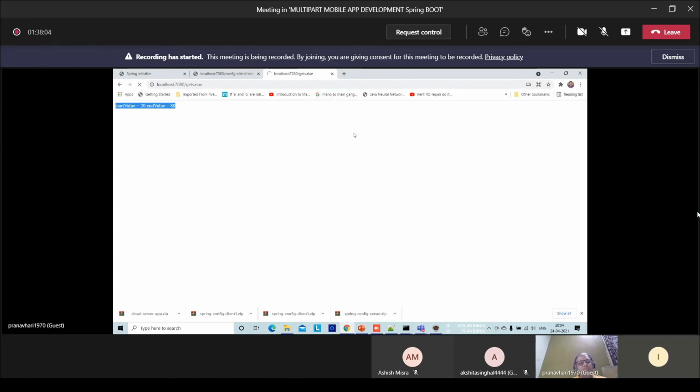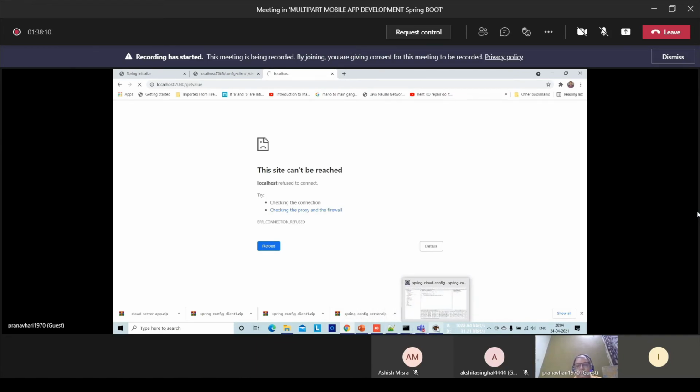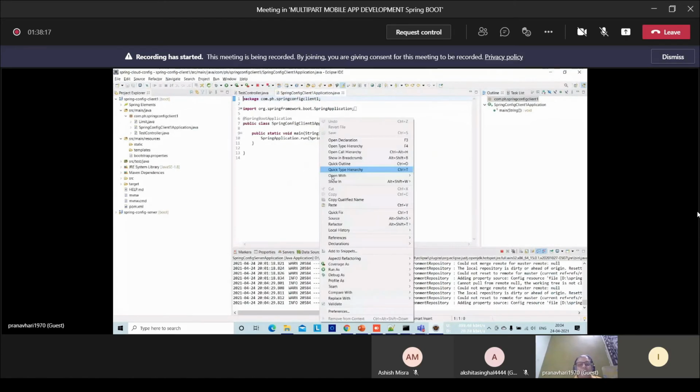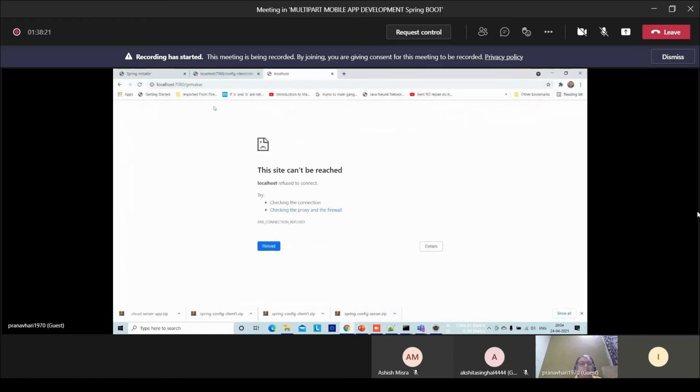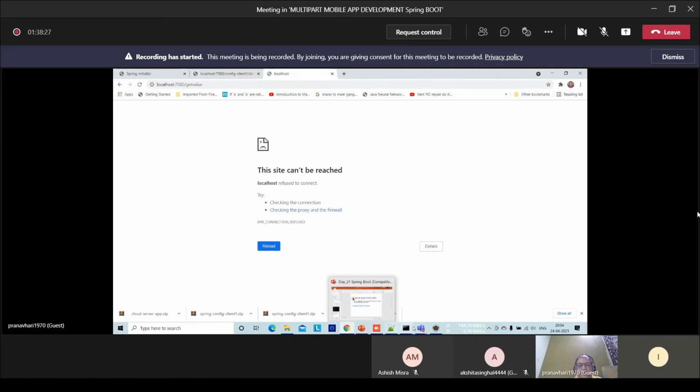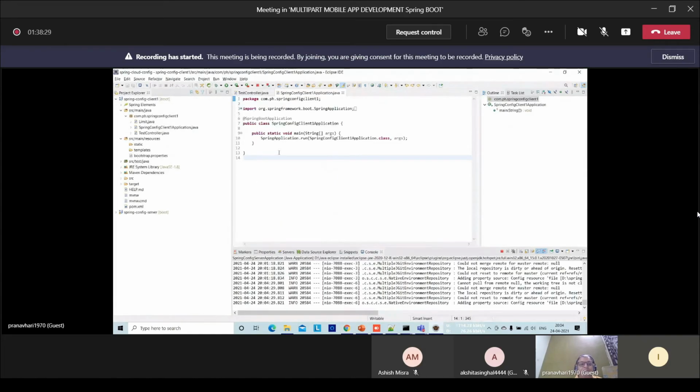It has gone. The searching, it has gone. Now go to this and run the client again. Now see here, what is the server showing? The server is giving data 20 and 100. So let's restart.